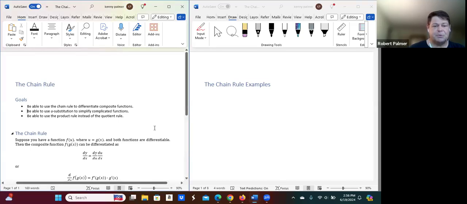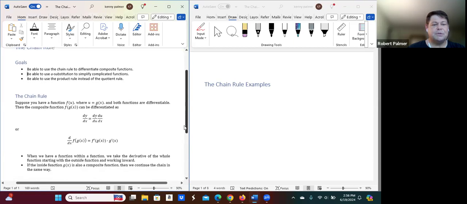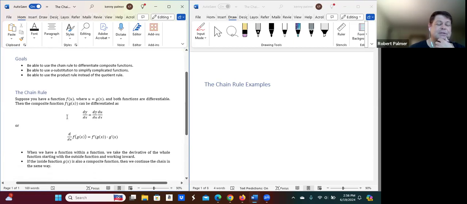First, let's talk about what the chain rule says. Let's say we have a composite function, some function f of u, where u is our independent variable. Let's say that u itself is also a function of x, and both functions are differentiable, so you can take the derivative of them. Then we have the composite function. Hope you remember composite functions from your algebra classes, where it's basically a function inside another function. If we take the derivative of the whole thing, essentially we take the derivative first of